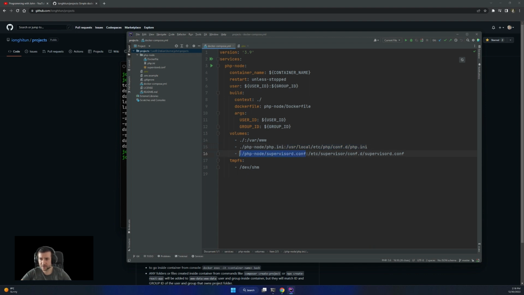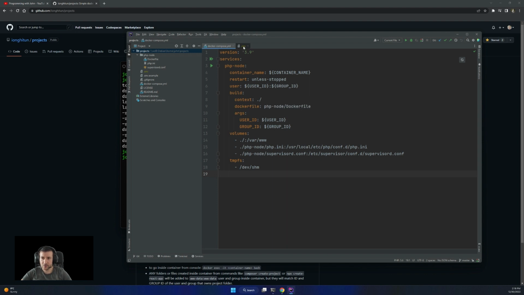And the supervisor configuration should be mapped to the supervisor configuration in there as well. The last bit is that I want to share the temporary folder because of permissions. This was a setting that I discovered: sometimes temporary files do not work as expected with the PHP-FPM container. So for that, that is the last bit.